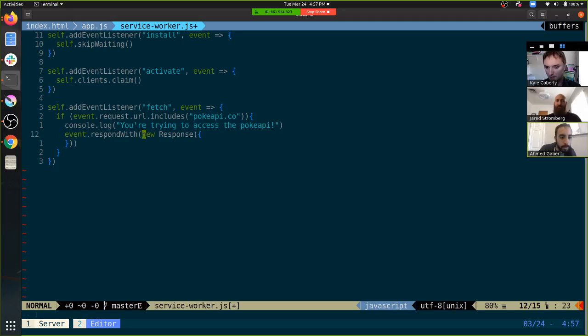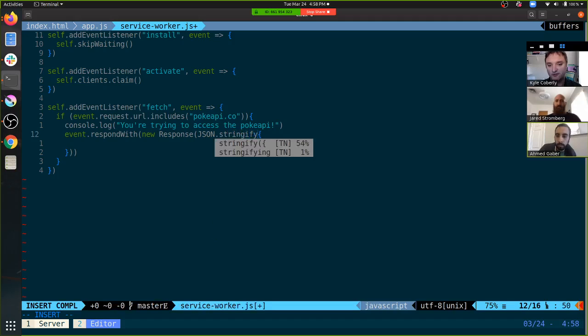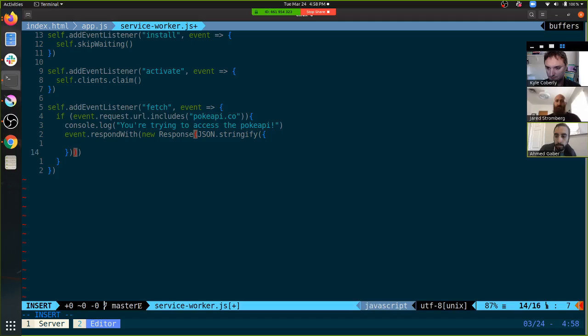Ooh, okay. We also need to, no, I take that back. So we can do that, and then for our body, we actually want to stringify whatever, just like we would if we were making a fetch request. We say JSON.stringify, like that. And then we can just fake out something that the app would also be totally cool with using. Like name, Charmander, sprites, front, default,